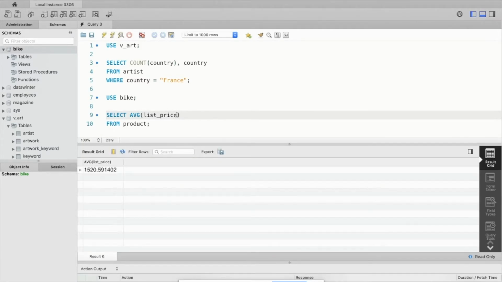Now what's going to happen here is we're going to take every single bike price that we just saw, and we're getting the average of all of those bike prices. So we're taking a group of data and we're getting one summary value from it. Now with this math that's been done on the numbers, we're getting a very large decimal place. So we can use a scalar function with the results of the aggregate function to get the decimal places according to currency. So the scalar function, such as format,